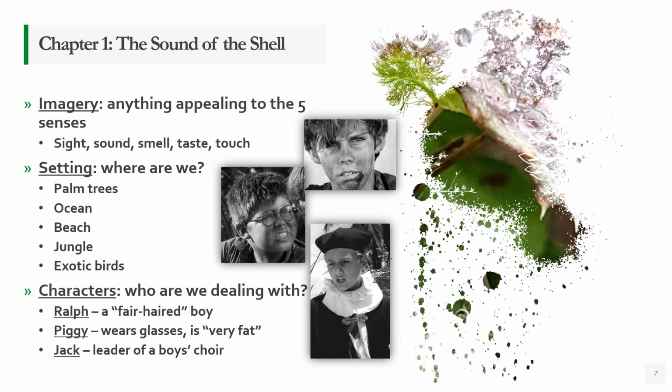Okay, it explains why so many of the boys are dirty and wet and so forth, why their clothes are torn and that kind of thing. But he explains that the ocean came in and a large tidal wave washed the plane back out to sea. Okay? So this has to have been a very large storm to do this because of how many boys there are and how big this plane would have had to be. So, for all intents and purposes, it sounds like these boys are now stranded on what appears to be a deserted island. Okay, and that's essentially what's going on now.